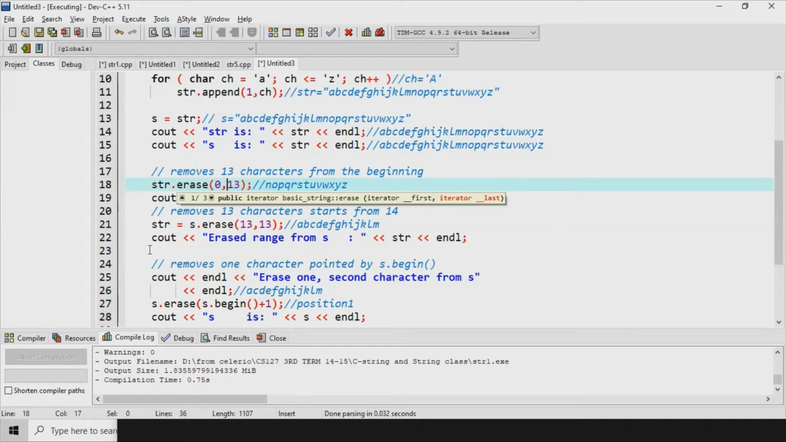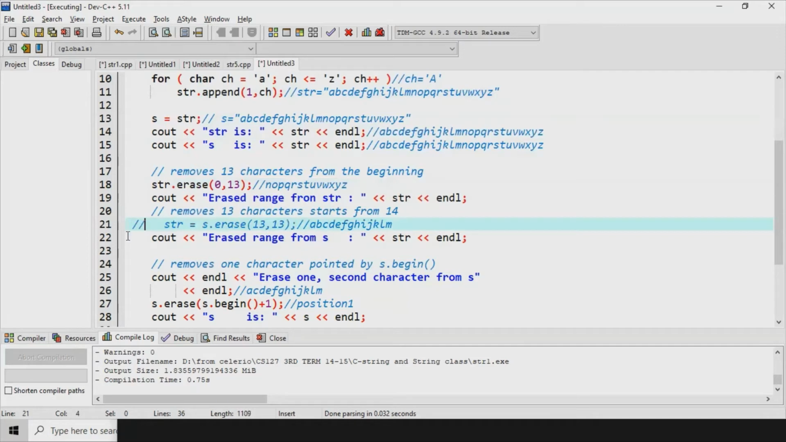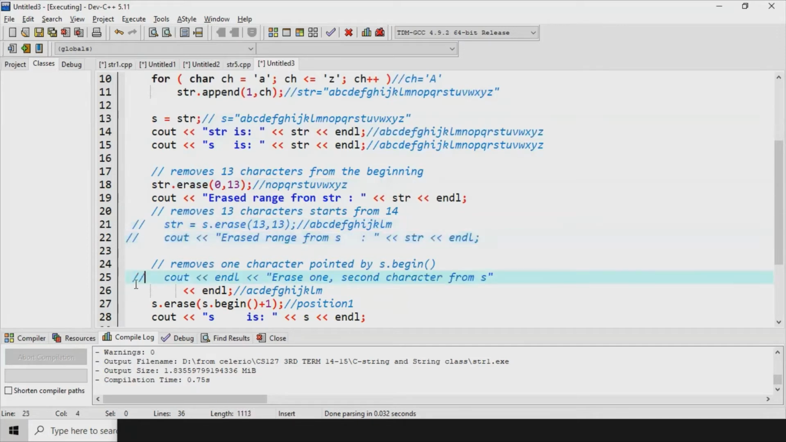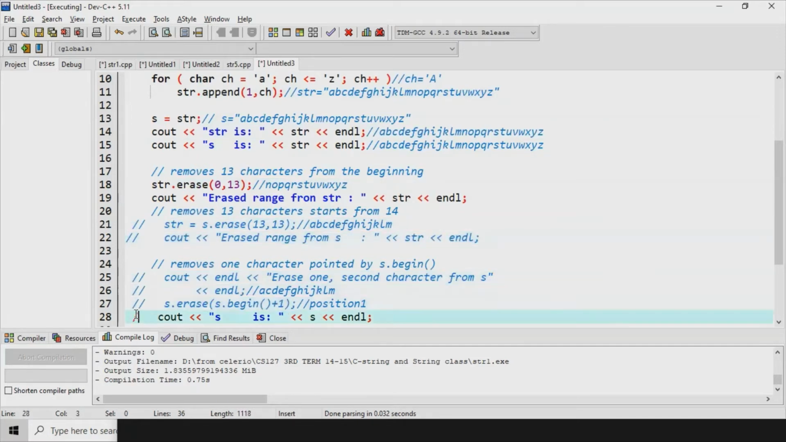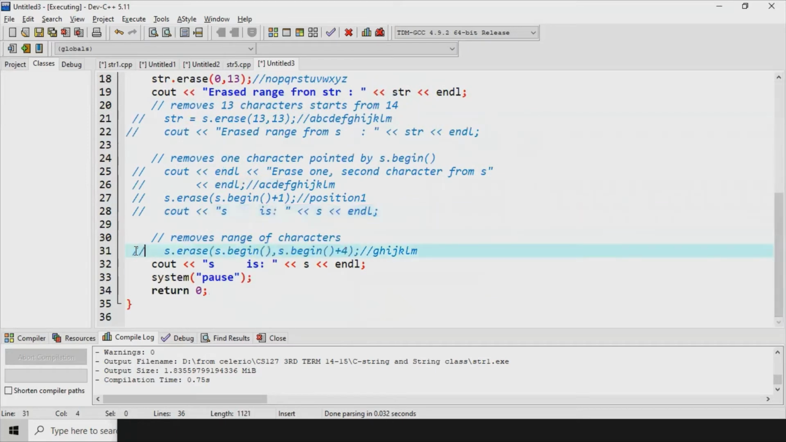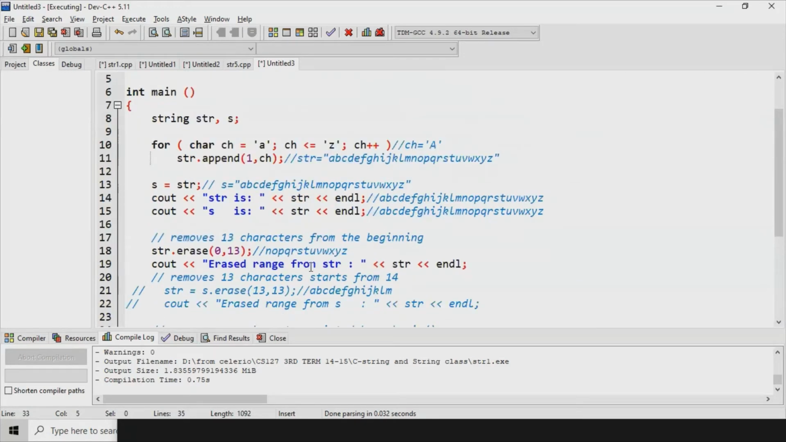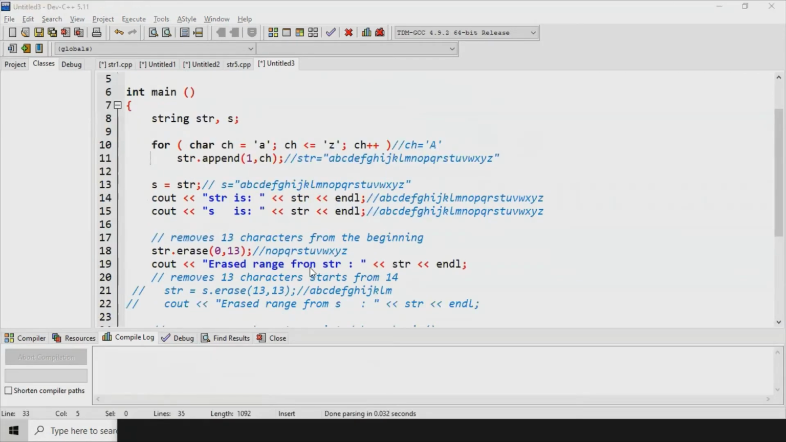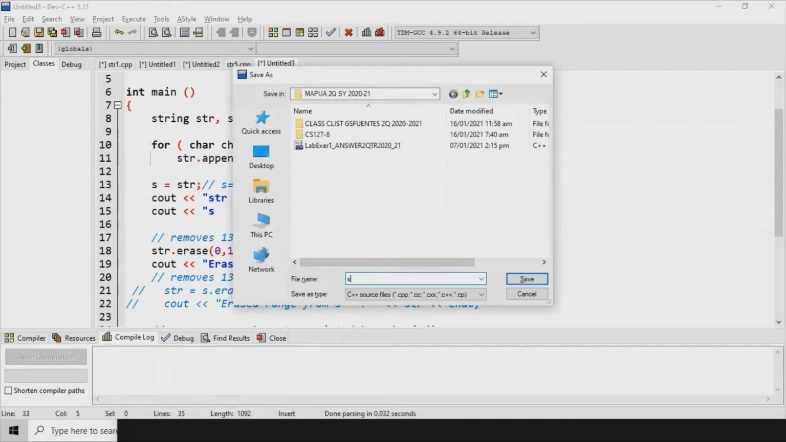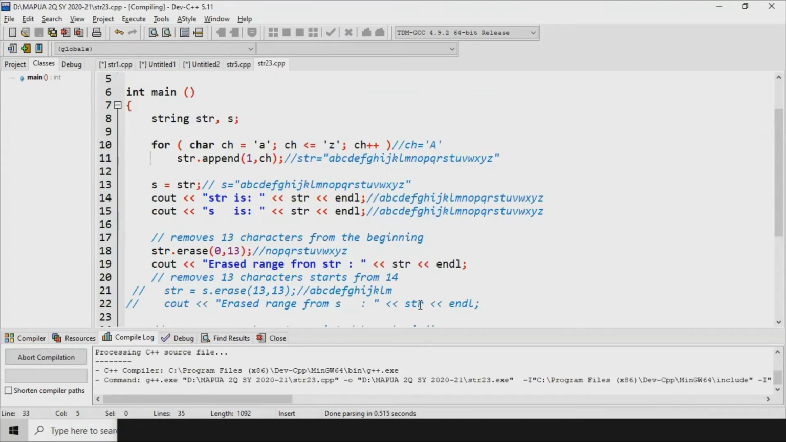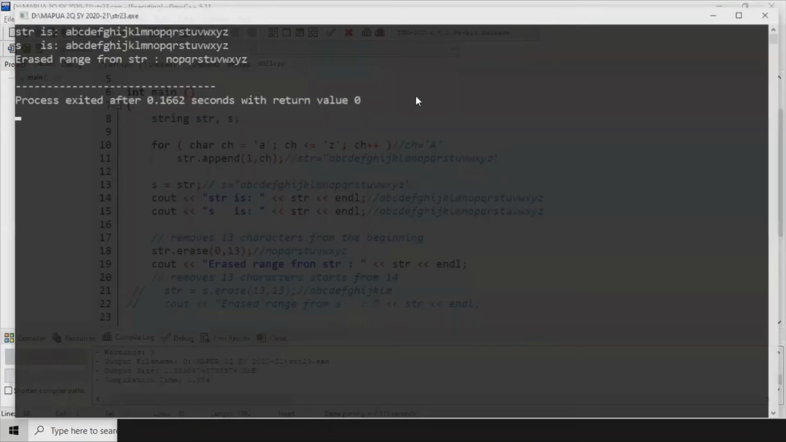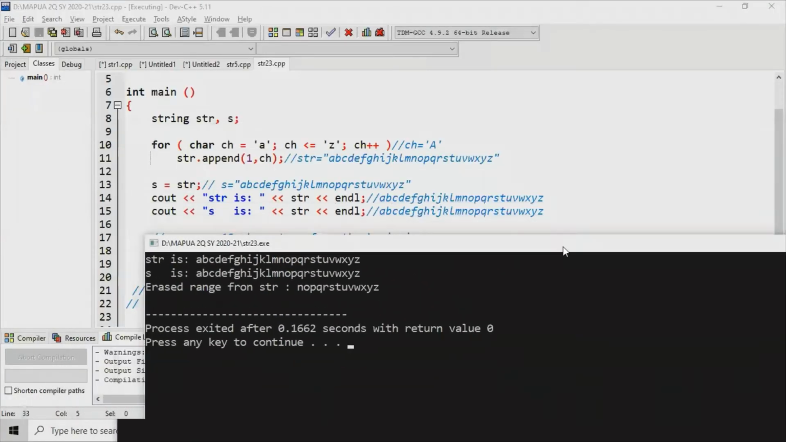So let's try to output this first. I'm going to put a program comment here. Okay, so up to this portion only. So let's run the code. If you take a look at the output, str and S have the same value, but